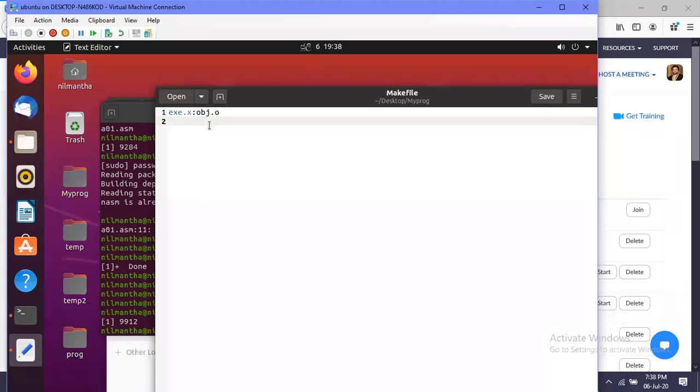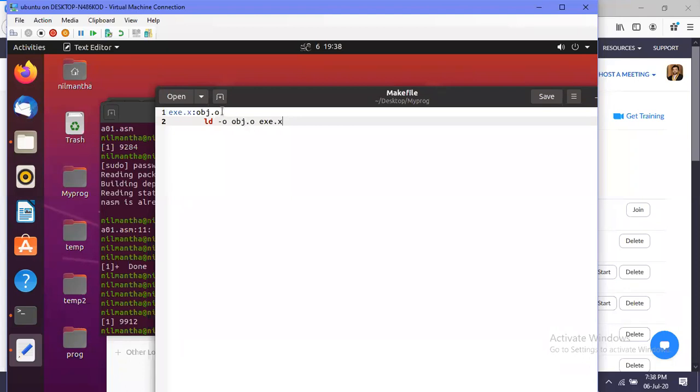Then the link command, the command that we gave previously, -o, from the object file create the executable file. This we did a moment ago.